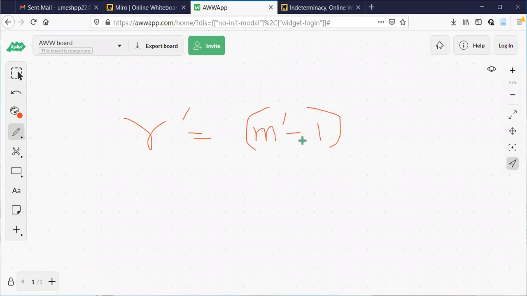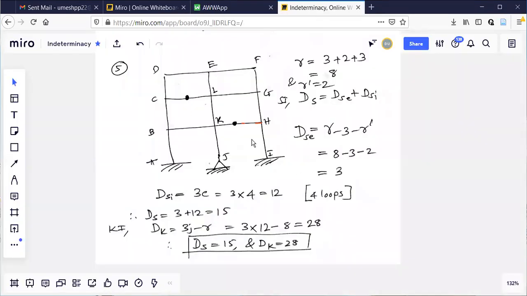Now observe this one. In case of this problem, how is R dash equal to 2? Observe here. Now consider one hinge here. C and L is a beam. For this beam, one artificial hinge is provided. How it is done, you'll come to know in the next level, next semester only. But imagine that one hinge is provided here artificially. It is possible to provide hinges anywhere by arrangement of reinforcement or whatever. Internal steel and all that in RCC, we can provide a hinge here. We can make a hinge out of that.